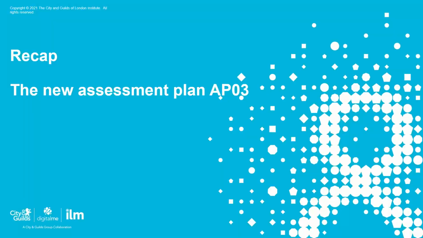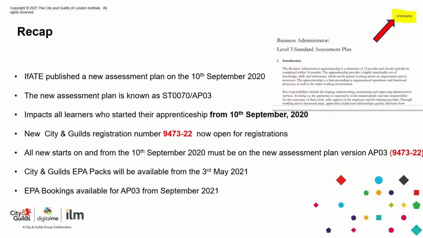So without further ado, a quick recap then on the changes. As we previously mentioned in January's webinar, the newest assessment plan is now called AP03. You can always check what version you're using or working from, as up in the right-hand corner of the assessment plan, it does state the code. Okay, so it's basically known as ST0070AP03. It impacts learners who started their apprenticeship, so have an ILR start date from and including the 10th of